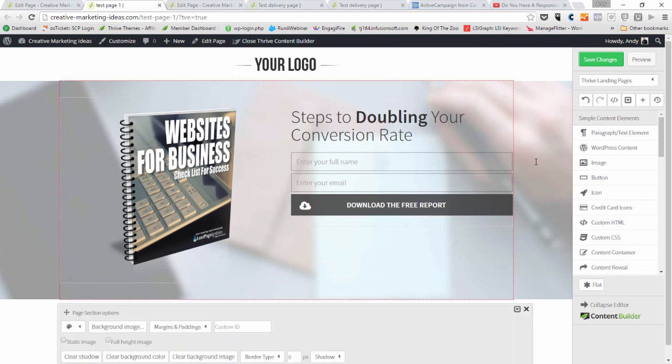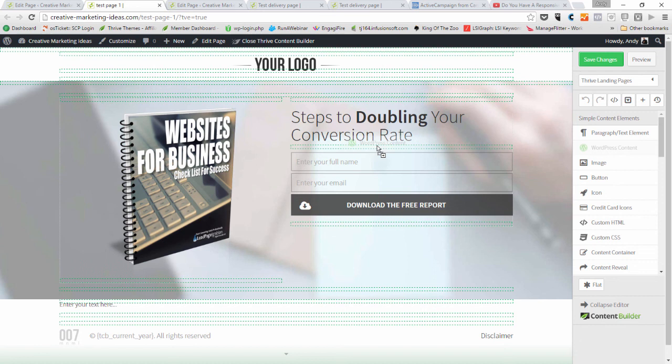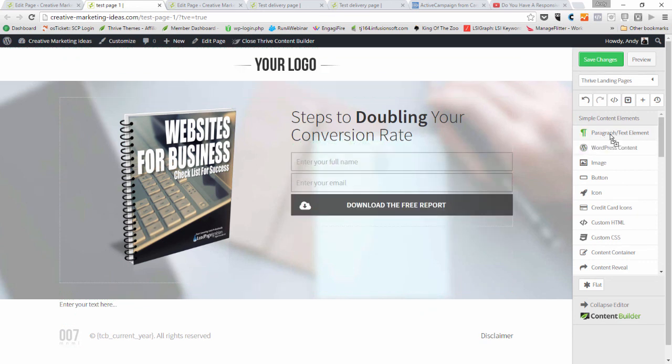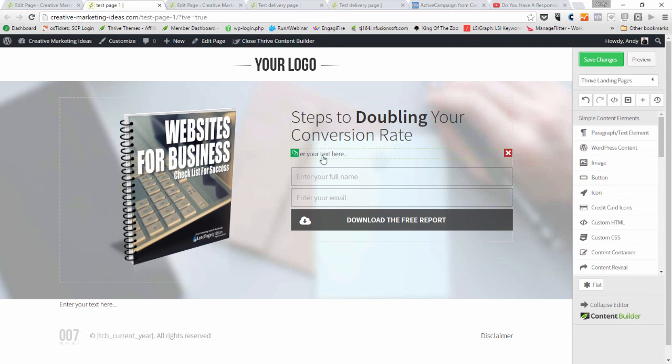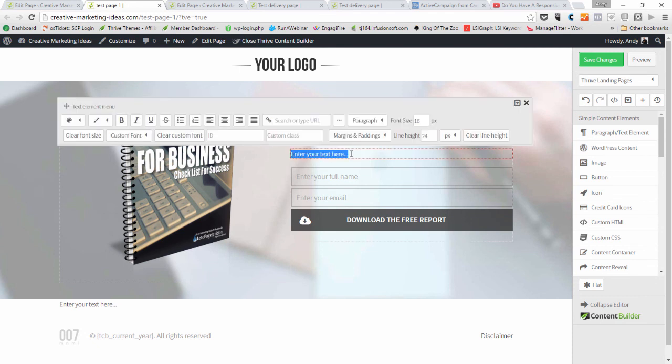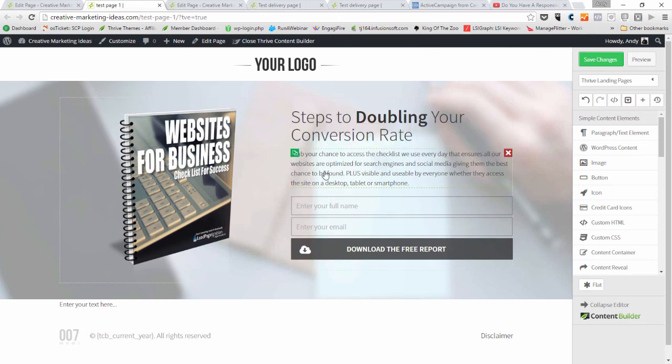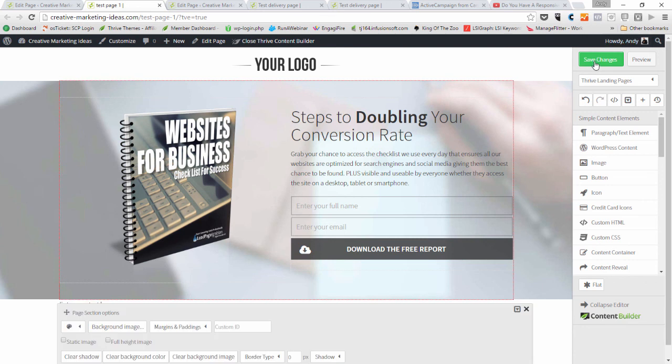Everything looks fine. Now what we can do is say, okay, well, we can change the text on here if we want to. We want to pull in some text from here. We can literally just drag and drop that. In fact, I pulled the wrong one. Drag and drop that, so it's got enter your text here. So now we can put whatever text we want in. Maybe something like this. Okay, so I've just put some basic text in here, and I'm going to save changes,